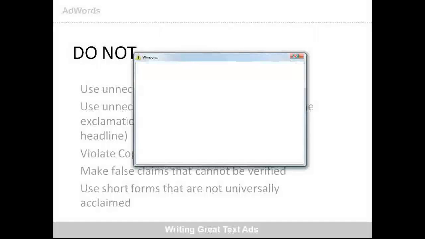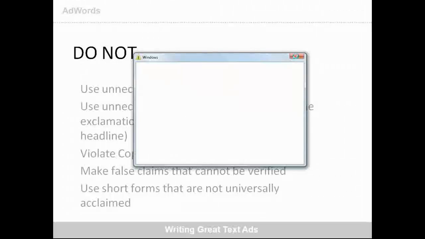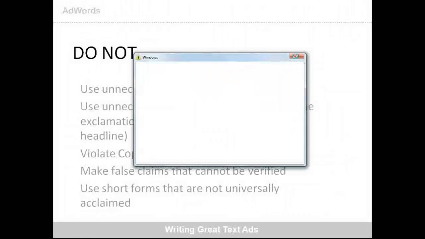Also avoid using short forms that are not universally acclaimed. For example, 'before' written as 'b4' and 'for' as '4', that SMS language sort of thing doesn't really work. You will get disapproved unless it's a universally acclaimed short form.